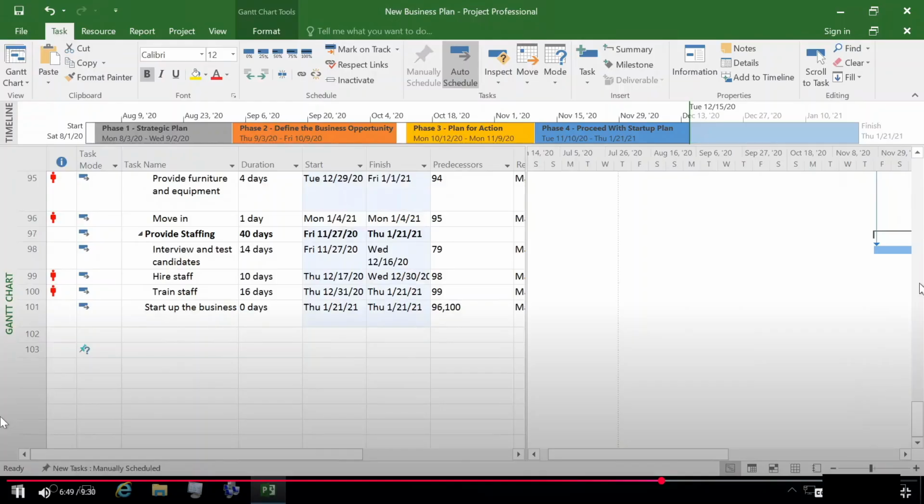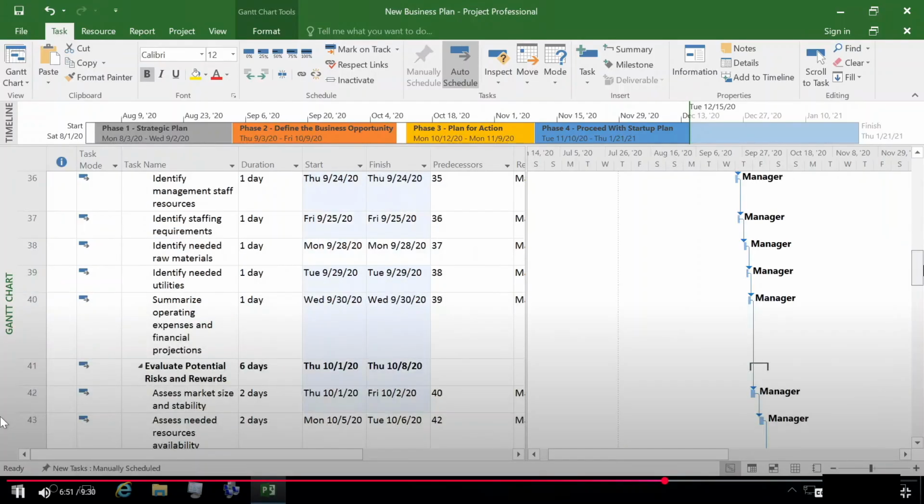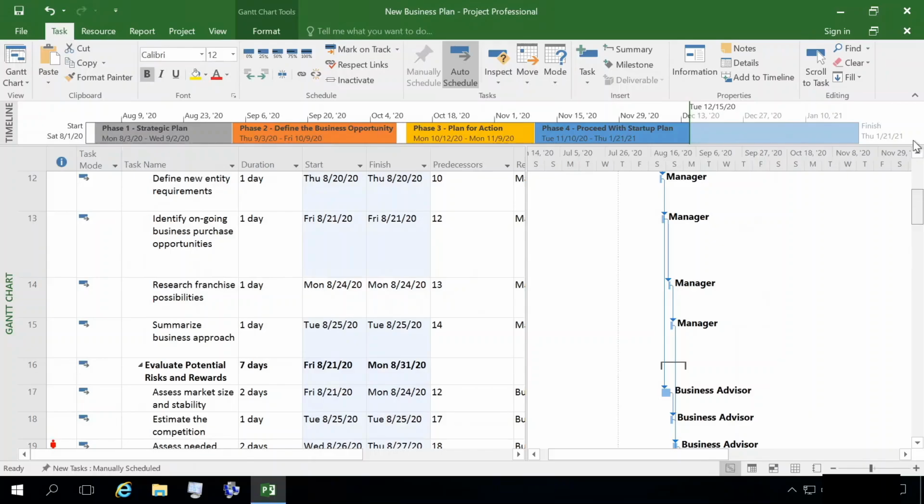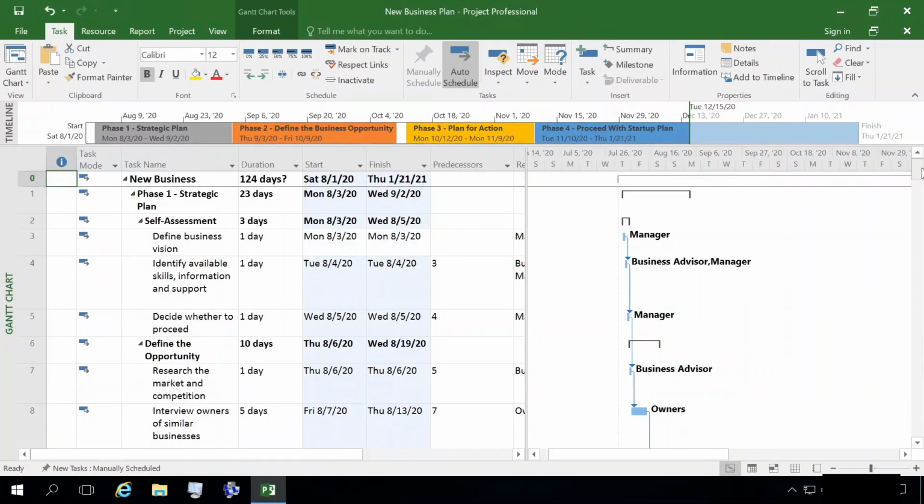Maybe not. None of those are estimated, but it is estimating that the whole entire project will take about 124 days. And you can see the start date for the project of what I put in was August 1st, 2020,